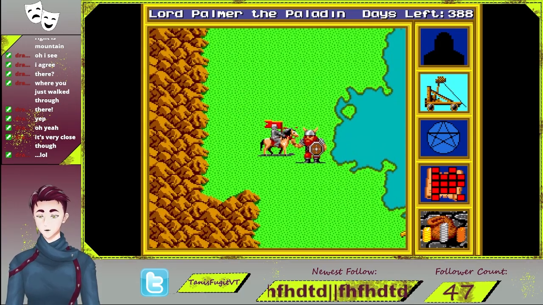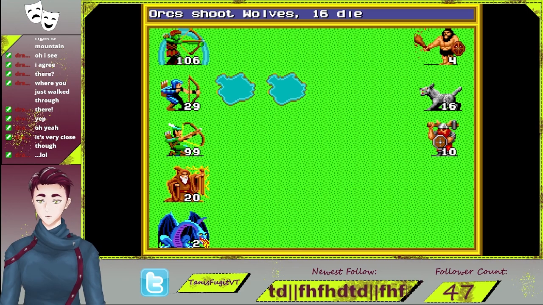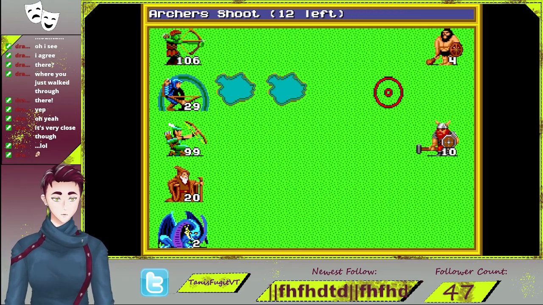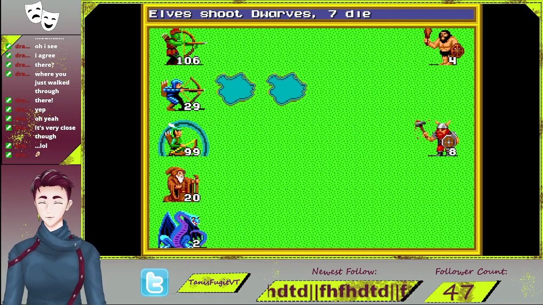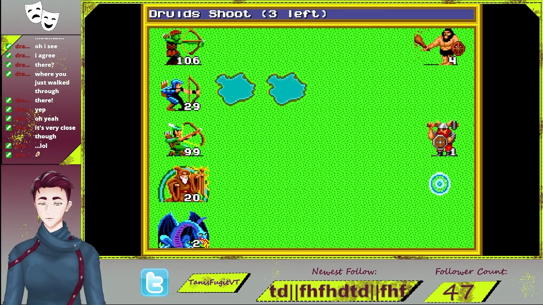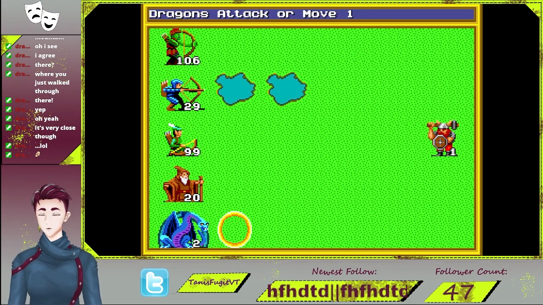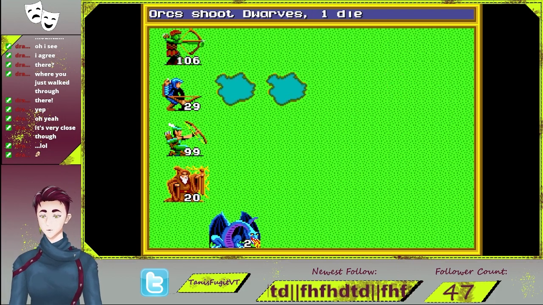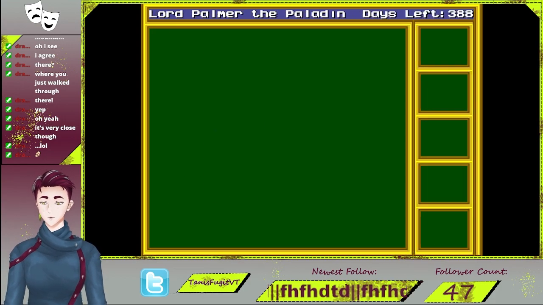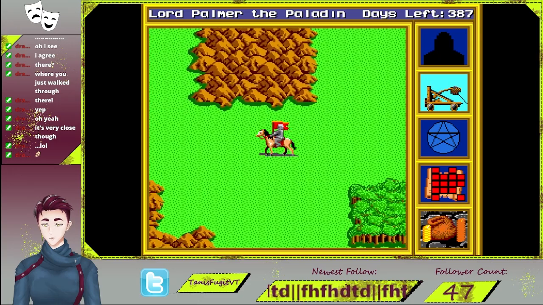Weekly income. Kill the ogre. Oh, shoot. Ah, well. I didn't fly my dragons over. I misclicked. Not a big problem. Alright, where are we at here? Alright. We are gonna check this area, because this is...